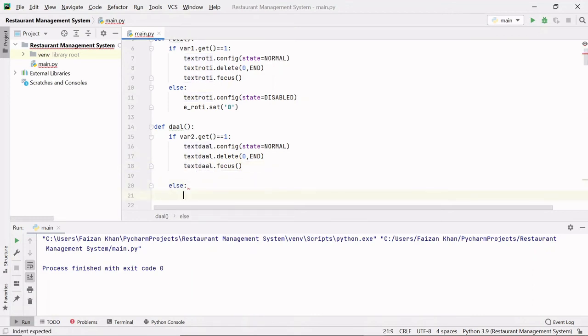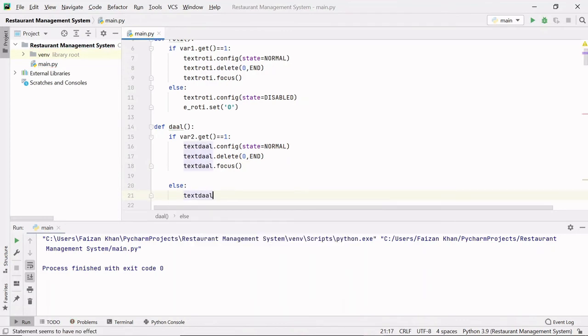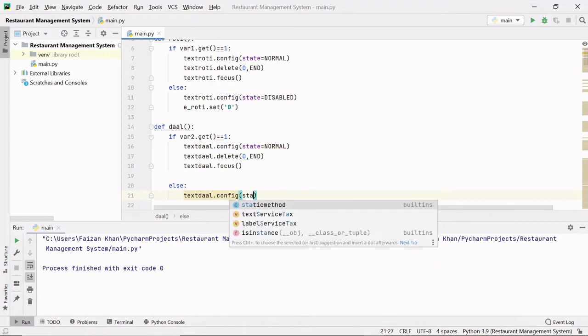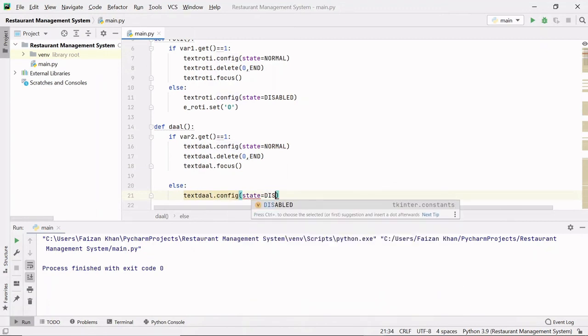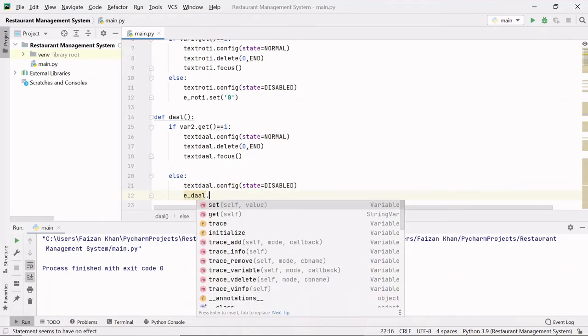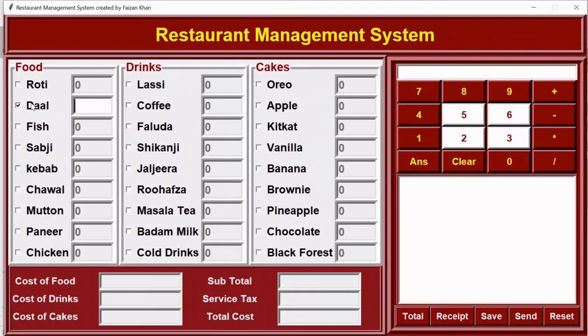And in the else part, I'll use text dal object variable dot config method, and here the state will be back to disabled, and then I will insert with the help of this variable 0 inside that entry field. Let's see. Yeah, it's fine.